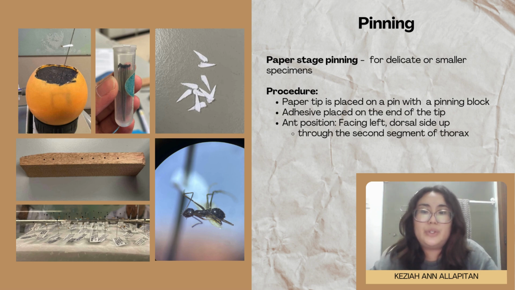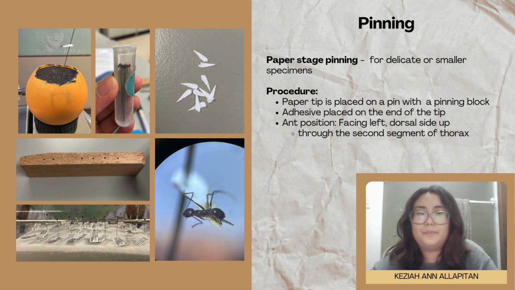The materials used for paper stage pinning included entomological pins, paper tips, a probe, adhesive, an Iguchi ball, and of course the ant specimen. A small tip was placed on a pin using a pinning block to ensure the correct height. This pin was placed on an Iguchi ball, then a small amount of adhesive was applied to the end